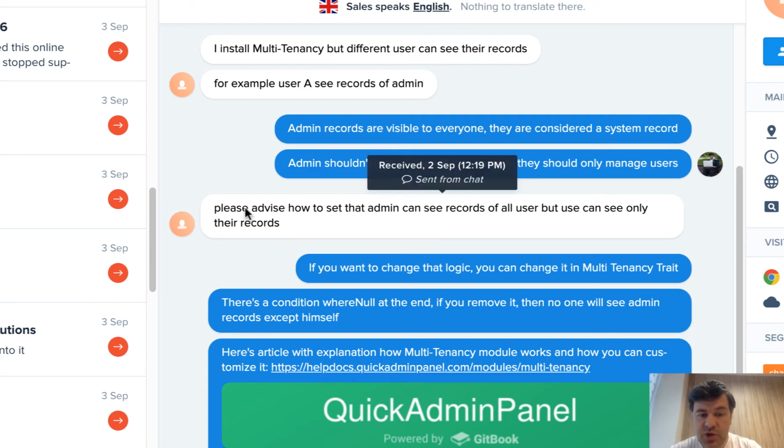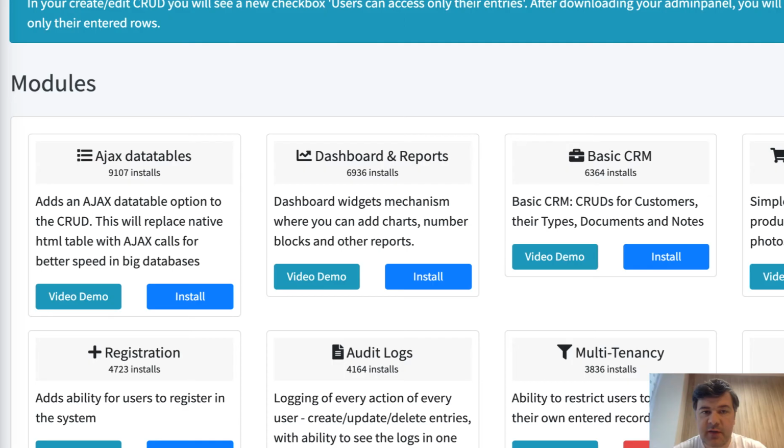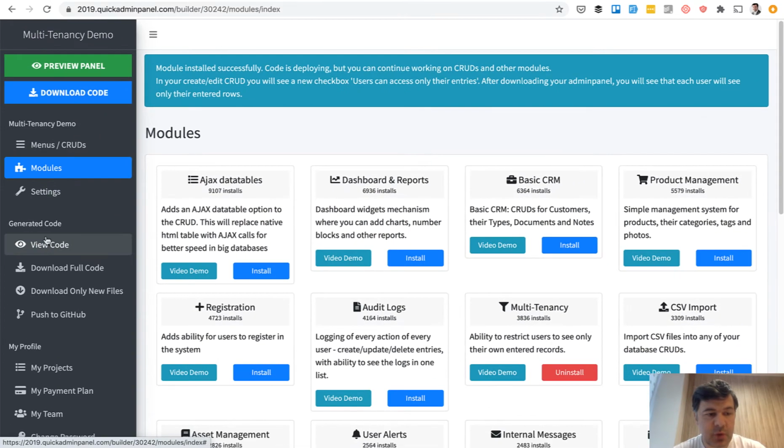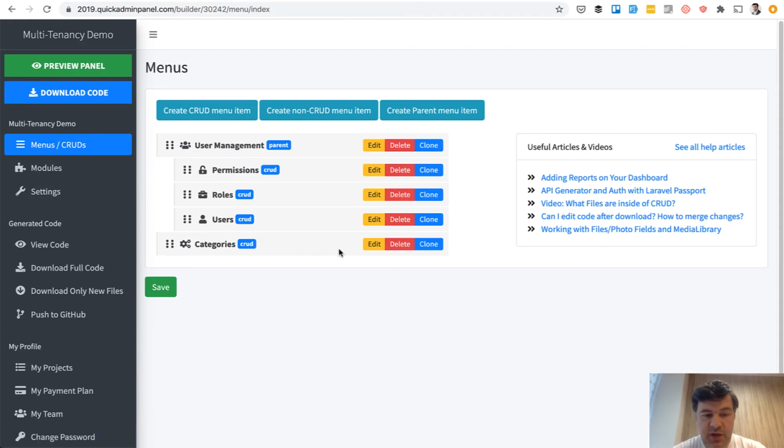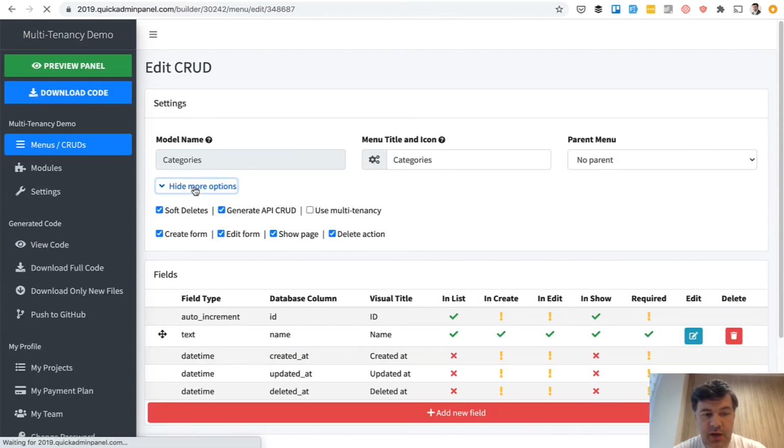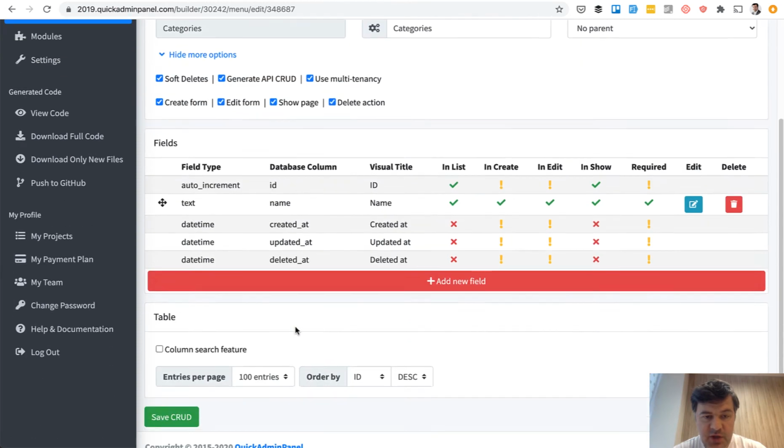And then there's a question of how to set that admin can see records of all users, but users can see only their records, but not administrators' records. And for that, let's dive into the code. So I've installed that module, and we go into our menus and specify one CRUD as multi-tenant, this checkbox,